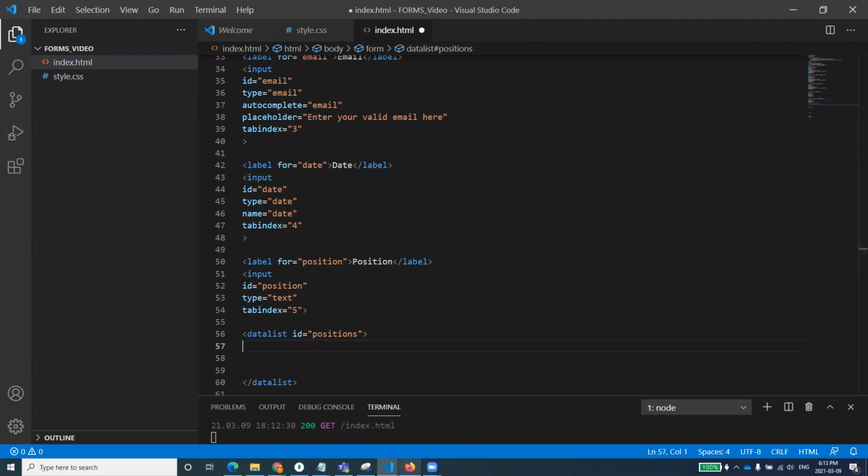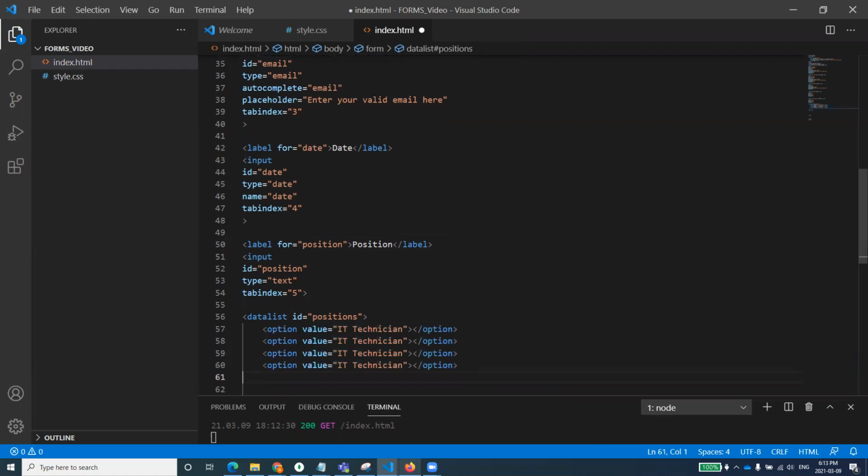Now I'll create the data list, and for the first option, for example, I say option value is equal to IT technician, as I have given over there. IT technician, and let me copy and paste maybe 3-4 times so that we can see all of them. I paste 4 times, and let me just change this to HR manager, and whatever.